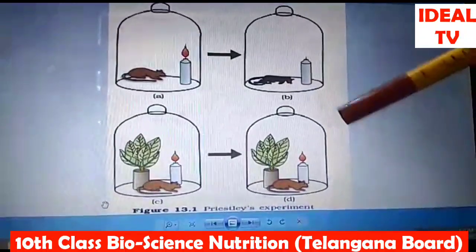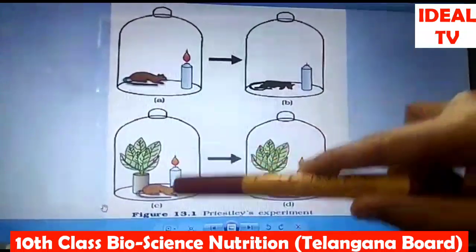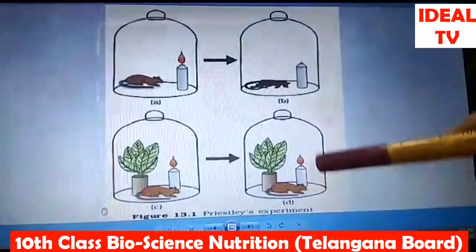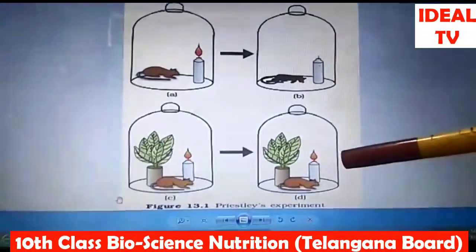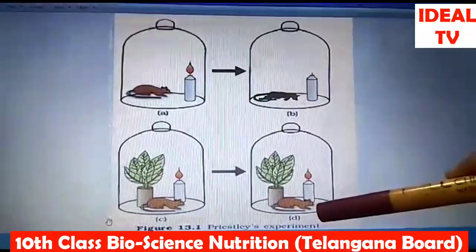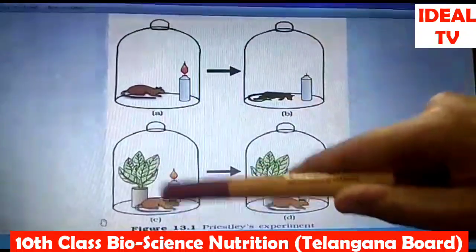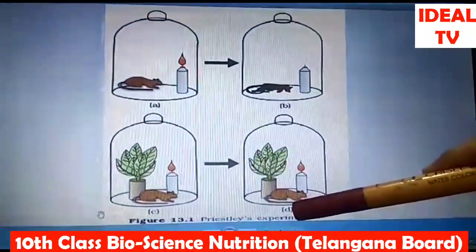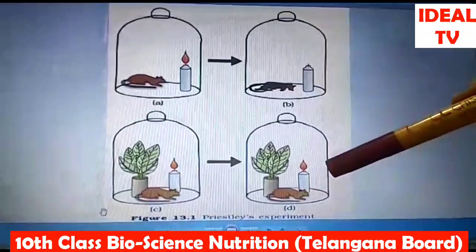We only discovered that there is a gas released by the mint plant, which is restoring the air and making breathing possible for the animal, the mouse, and which is also helping the burning candle. And we all know now that burning is facilitated by the gas oxygen, and also that oxygen helps us breathe. So that's how we discovered that oxygen gas is released by the plants, which makes it possible for the animal to live and survive, while the candle is also able to burn.